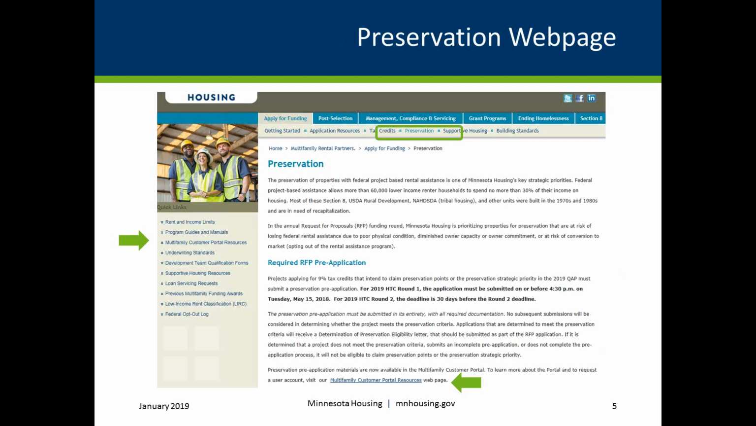The preservation page contains information on the pre-application. It also has links to the Multifamily Customer Portal. All pre-application materials can be found in and will be submitted through the Multifamily Customer Portal. To access the Portal Resources page, click the Multifamily Customer Portal Resources link found in the Required RFP Pre-application section,